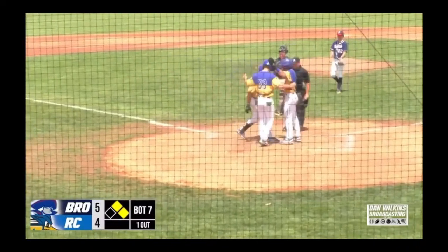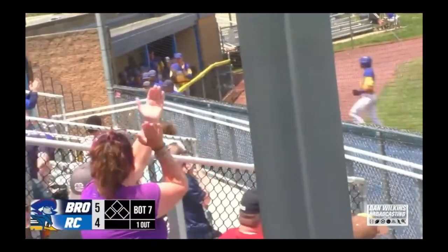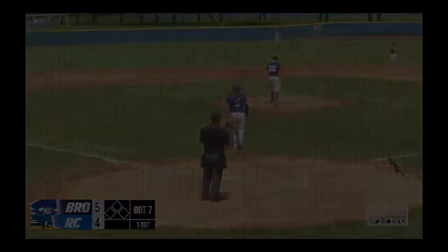Trailing towards the right center, and the cleanup man does exactly what the position orders, cleaning up. And he does it incredibly well with a 5-4 game. He battles for 11 pitches and makes